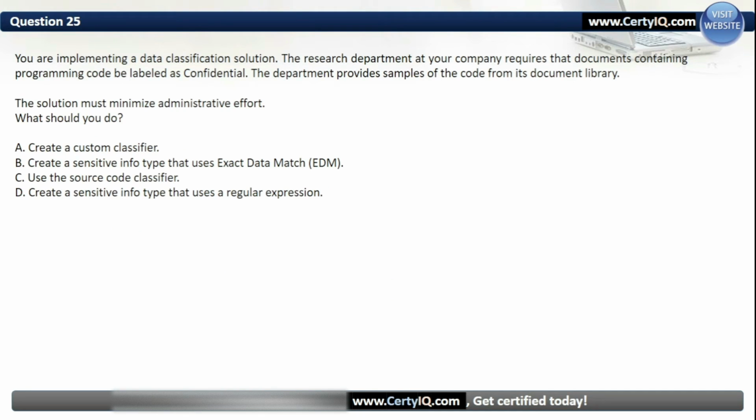Question 25. You are implementing a data classification solution. The research department at your company requires that documents containing programming code be labeled as confidential. The department provides samples of the code from its document library. The solution must minimize administrative effort. What should you do? Our options are